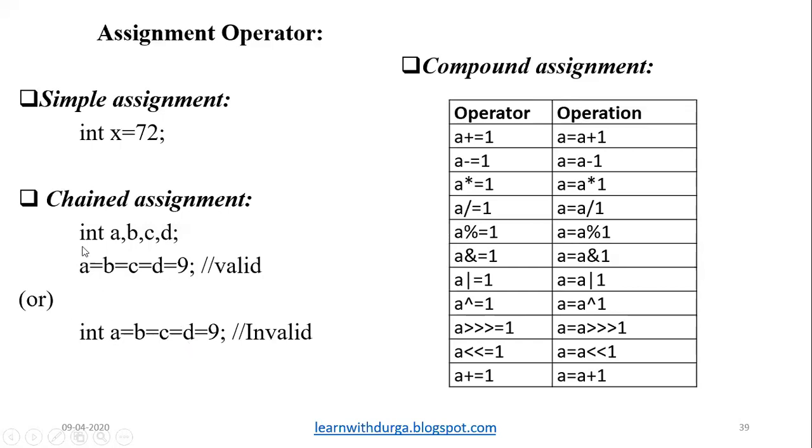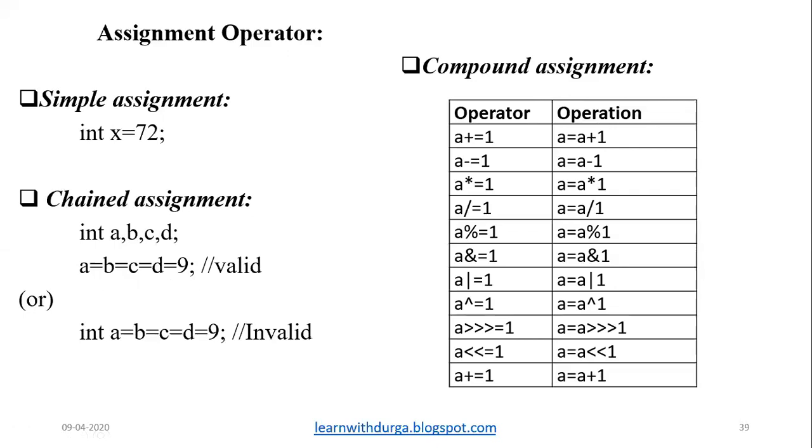So these three come under an error, and you will get the error 'symbol not found in the program'. If you want to avoid this, you are supposed to finish each and every declaration first, and then assign each and every variable equal to 9. Then a, b, c, d are all assigned 9.